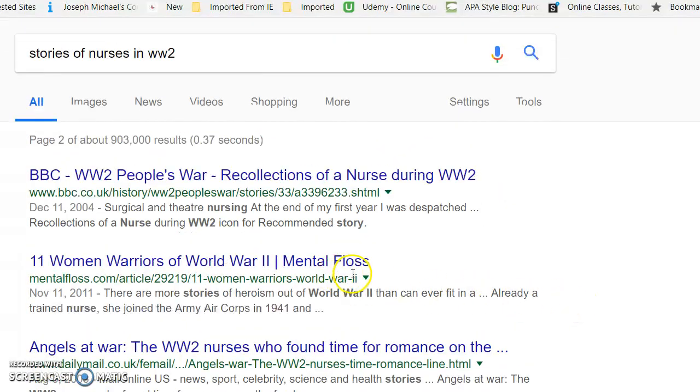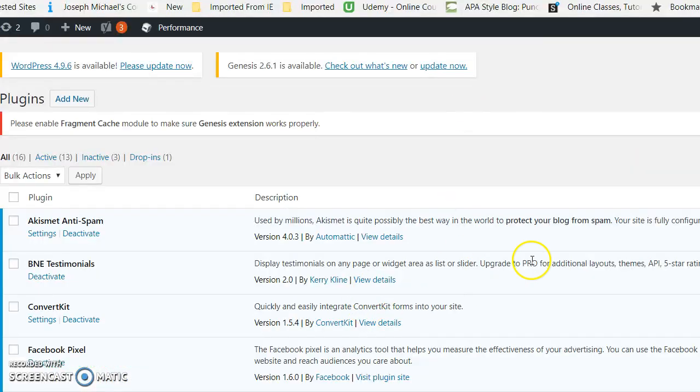And then you'll also want to have some cornerstone content that, since this is probably the big keyword, you have a post or two that everyone comes to when they search for stories of nurses in World War II. You don't want too many. We could go into a big discussion on SEO, but let me just quickly say, you don't want too many posts that have the same keyword. You want your cornerstone content. You want 1 or 2 that are good content for that, but Yoast will flag you if you are